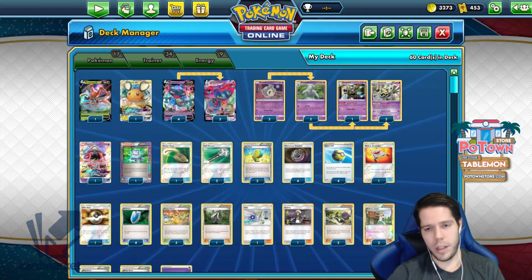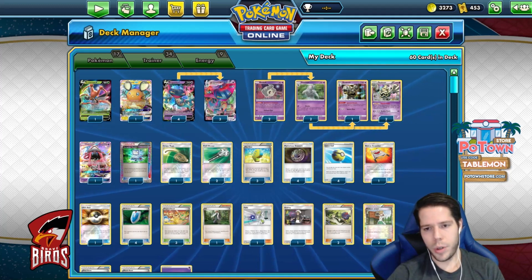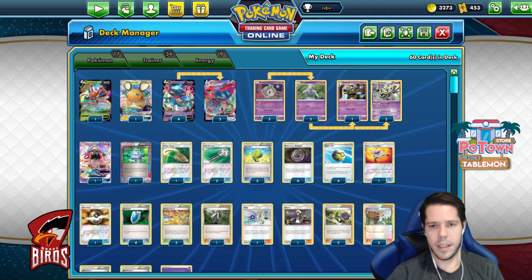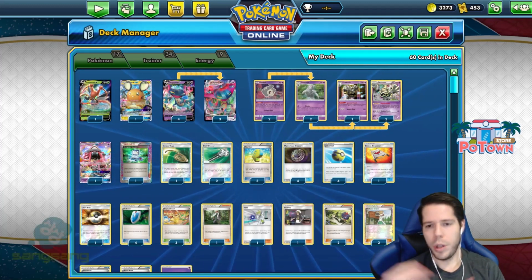Obviously, Tropical Beach is really hard to find, but I'm sure those can easily be replaced for supporters and whatnot. The Tropical Beach isn't your go-to strategy on turn 1 anyway, so I'm fairly sure with Crobats, a few extra